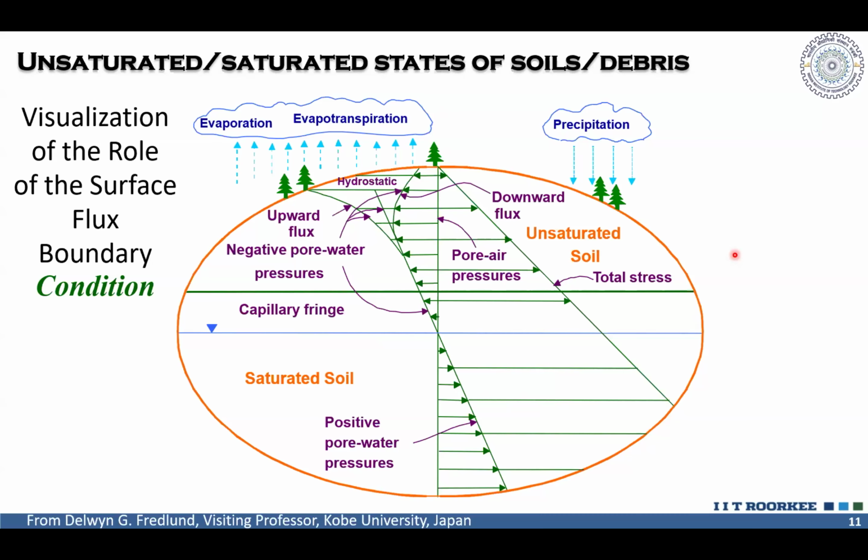Whereas in the Western Ghats, since it is an older lithology and a large amount of erosion has already happened, and because of a good amount of weathering, we have much finer deposits. Whereas in the Himalayas, it's the opposite. And from traditional unsaturated soil mechanics textbooks, we know the role of the surface flux boundary condition in terms of a soil.